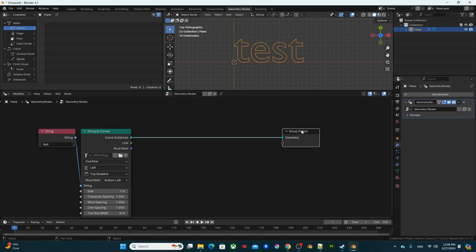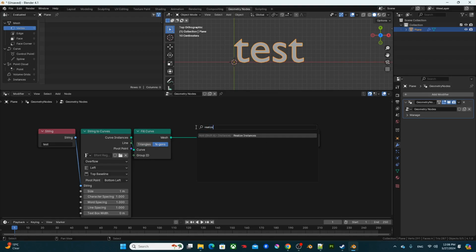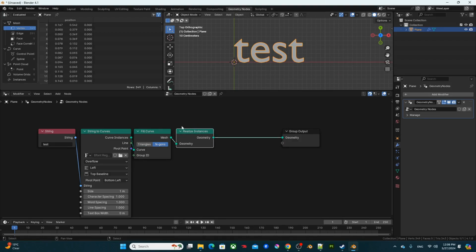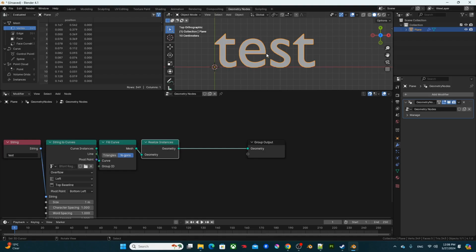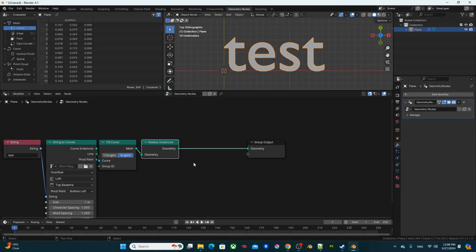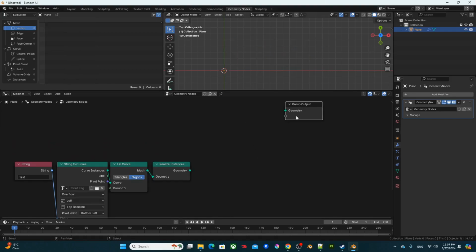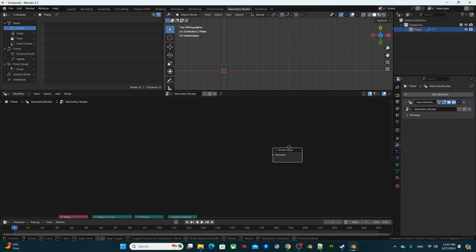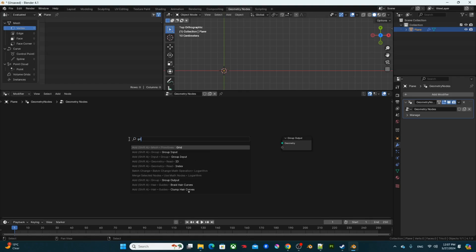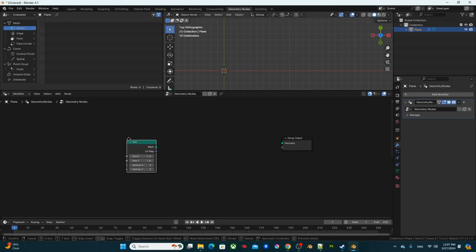We'll first start off by filling the curve. Fill it with Ngon, then realize. We're pretty much done with the first step of the text, so let's move on to making the board. Right, so we'll just go a little bit above. We'll first off start off by adding a grid,